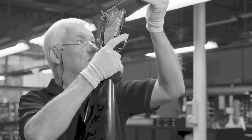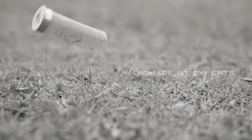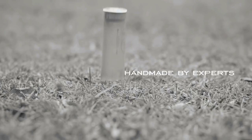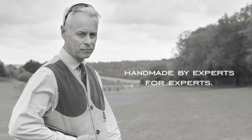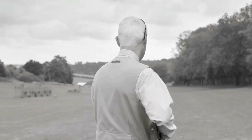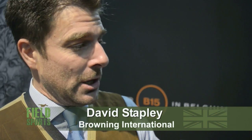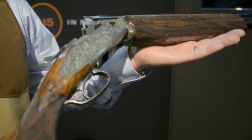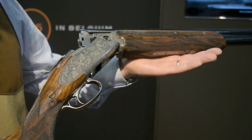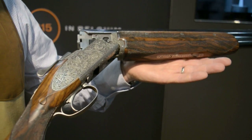We're very excited. It fills a big price gap between the top of our production guns, which finishes around £6,000 in the Heritage, and the beginning of our B25, which is completely handmade at £13,600. So there's a big gap in between for something special, and we've created 4 very special guns, heavily modified from a standard gun, shipped to Belgium into the custom shop where we engrave it and stock it and finish it completely by hand. And we have 4 models in this range and 2 different engraving styles, and the prices start